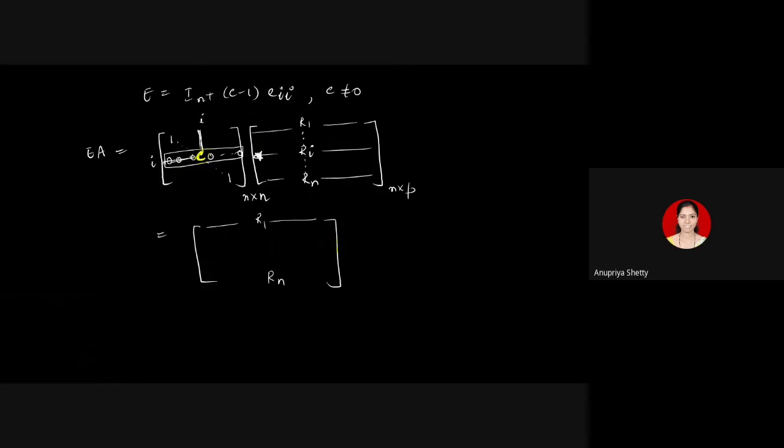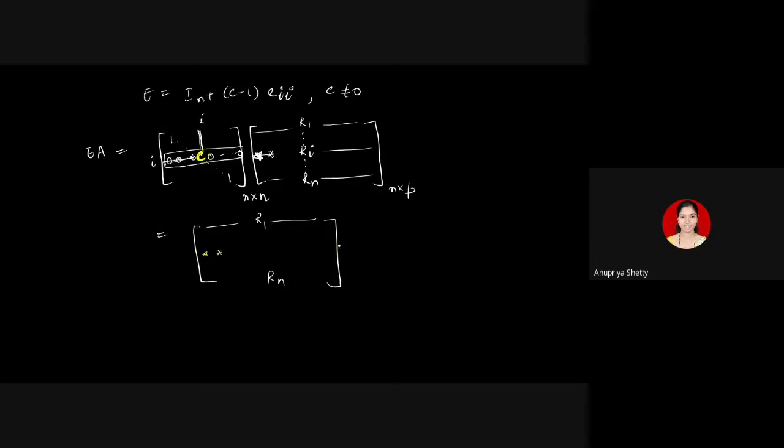So that will appear here. And then the ith row, when it is multiplied with the second column, everything gets multiplied with 0, etc., plus C into this entry. So what appears here is I have to multiply whatever entry is there in Ri with the C. That is what you're going to get.